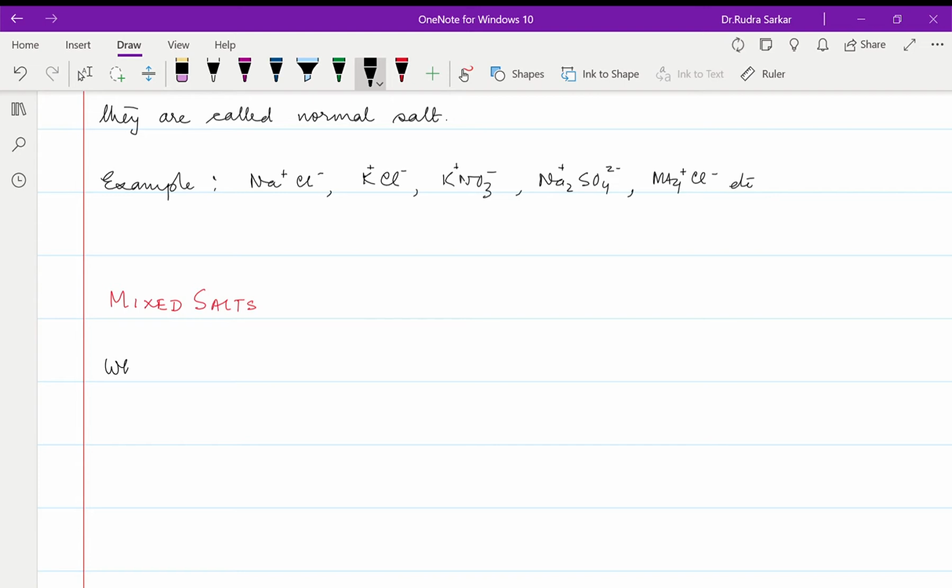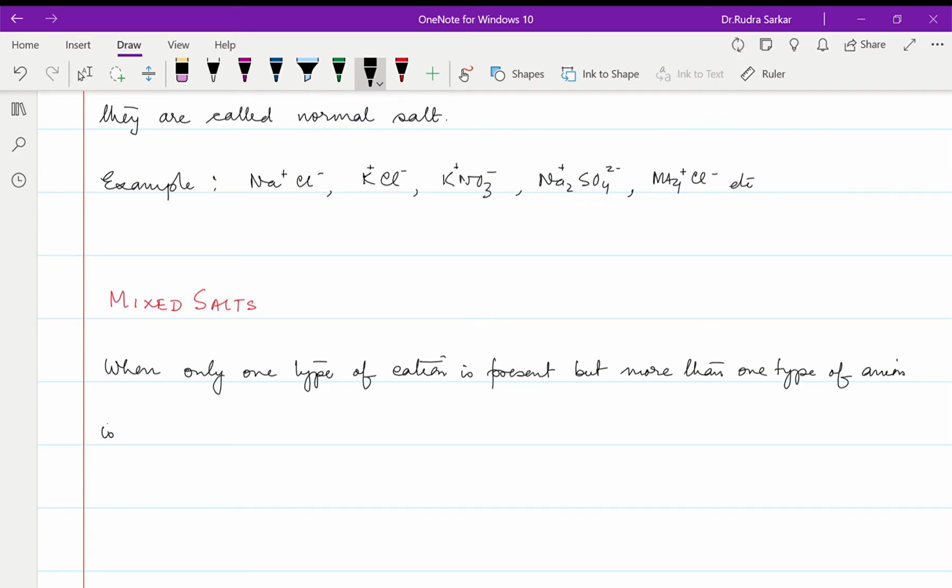Say, suppose when only one type of cation is present, but more than one type of anion is there,